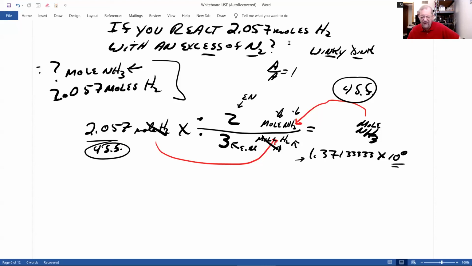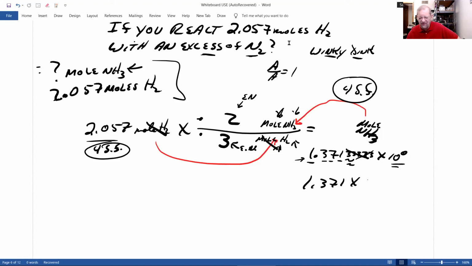Time's up. Keep the 1, keep the 3, keep the 7, keep the 1. Those are my 4 significant figures. Remember, anything past the decimal point is always significant. And use the 3 to round off. Is that 4 or less or 5 or higher? Hopefully I'll pick 4 or less. So that means I drop all this and I'm left with